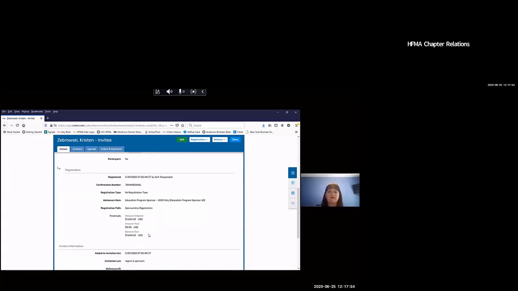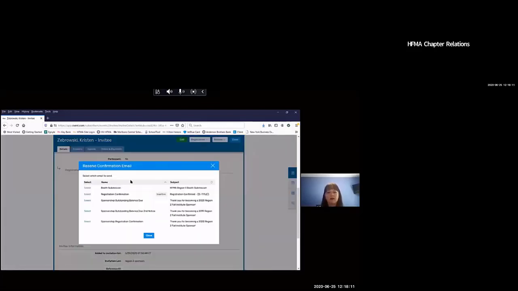Now from this section is where I would go, as I said, to send an email to myself or to an outstanding balance due, where you would come up to actions and resend confirmation email. When you hit this button, you can see we have a few different options available based on our setup, and everybody's setup is going to be slightly different. But I can go to sponsorship outstanding balance due and select this